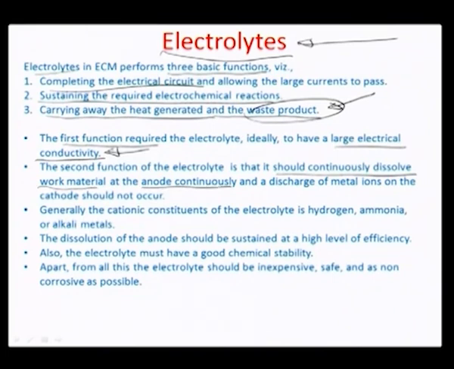The anode is the workpiece in this particular case, and it should discharge the metal ions that come in by virtue of some chemical reactions, thus leaving no residue on the tool surface. So whatever ions are emanating from the workpiece surface should be able to get chemically dissolved